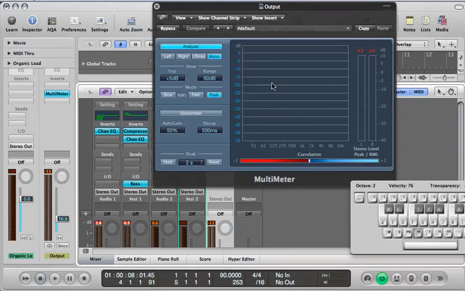Nowadays you have even 64. Logic is 64. Some other PC software DAWs have 64. And what that basically means is the amount, the music is from 0, not up but